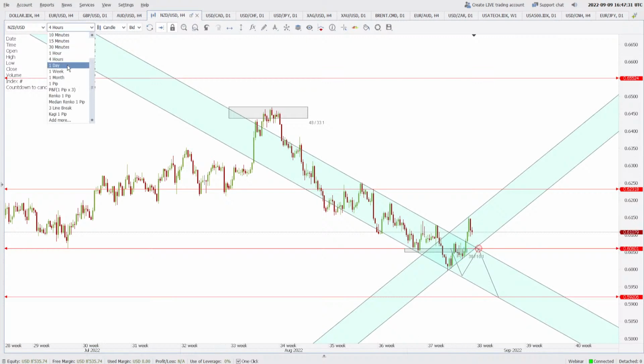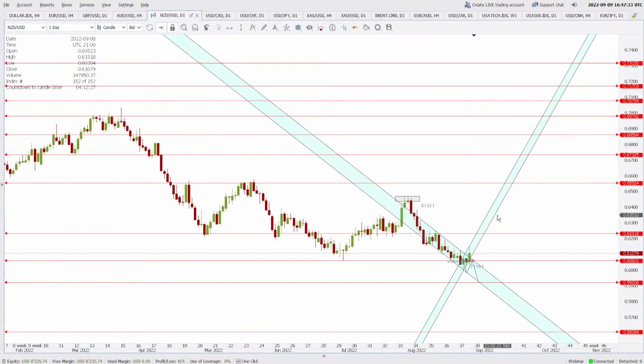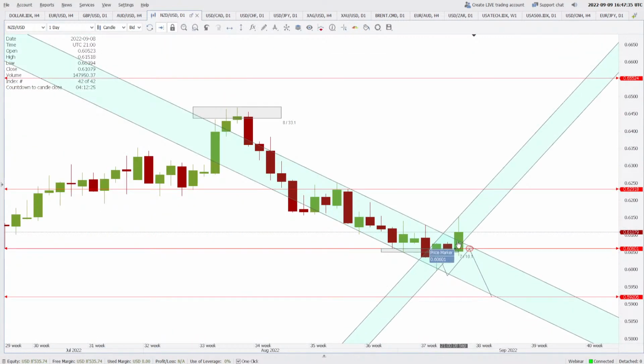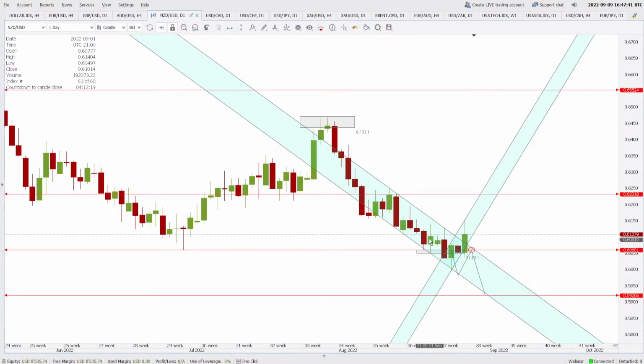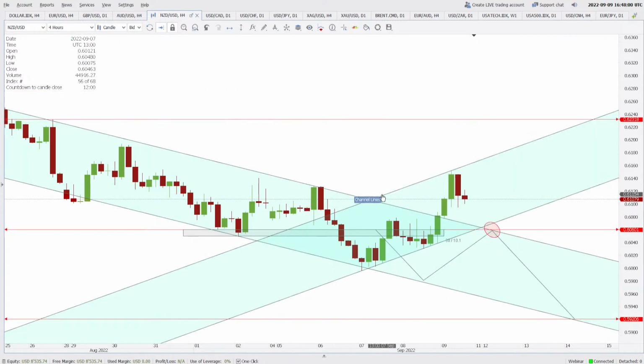But if you look at the one day, it is difficult to tell, although these lows and these highs are still holding like that. This is the recent high that the price has made, and today the price has breached that level on the daily, but has not given any close higher than this one. So we need a close, and then only we can see 0.6231. But on the 4-hour it is much better.